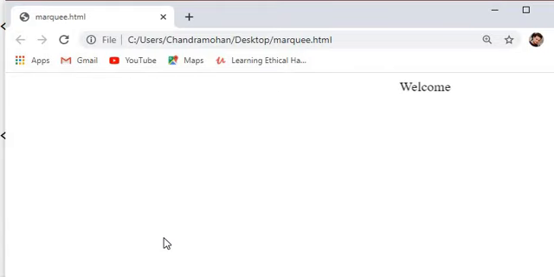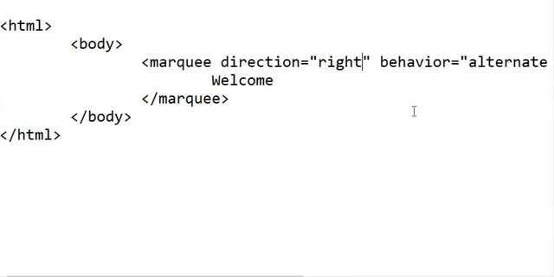Actually, when we use alternate, what will this do? This will keep the string in between the web page, means it will not scroll outside of the web page. Okay, you can see this is scrolling in between the web page. Now if we change it and make this slide, what will happen?